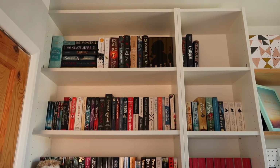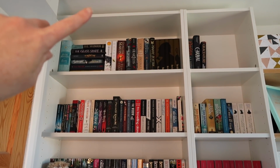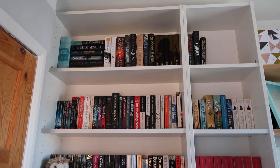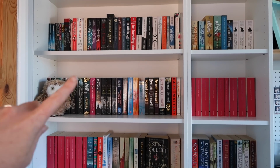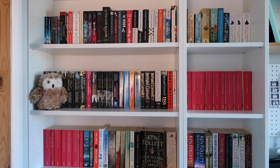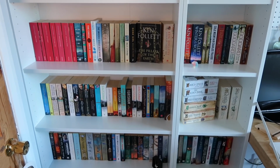Then we've got my bookcases. I was aiming for floor to ceiling, but there is a tiny gap between the ceiling and the bookcase. These are from IKEA. They're the Billy bookcases with the extension on the top. So we come all the way down. This is the little owl that we bought for the recent Harry Potter day that we did. I'll link that vlog if you didn't see it. And he just lives in here now. Going all the way down